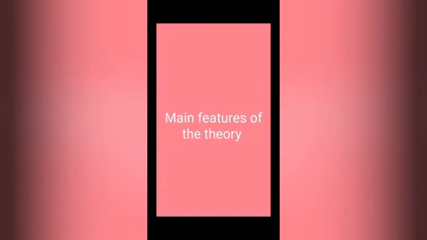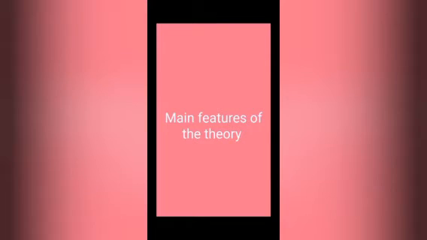Alfred Werner, born in 1866 and died in 1919, in the year 1893, at the age of 26, proposed the theory known as Werner's coordination theory to explain the bonding in these compounds. Now, let me tell you the main features of the theory. As we know, Werner's theory was there to explain the bonding in compounds like CoCl3.6NH3.